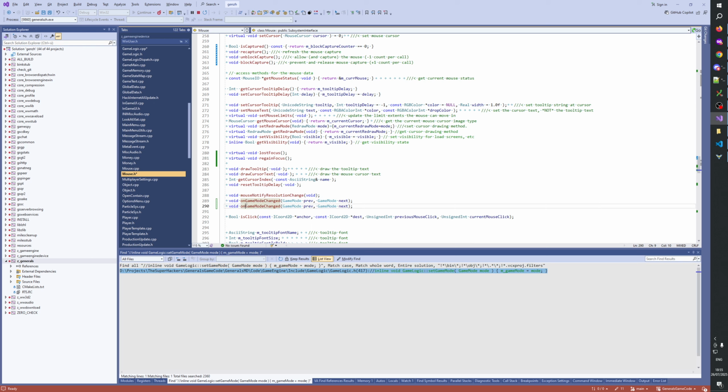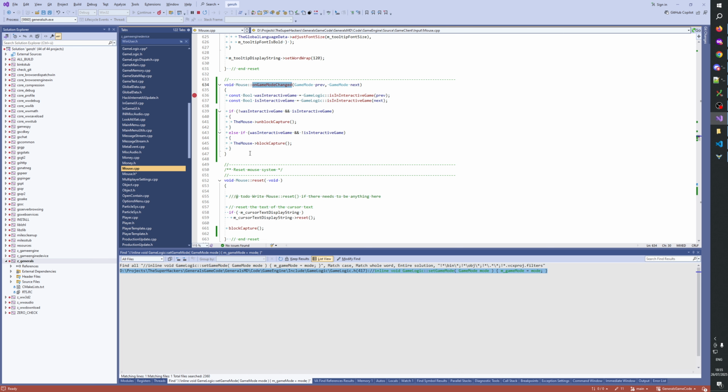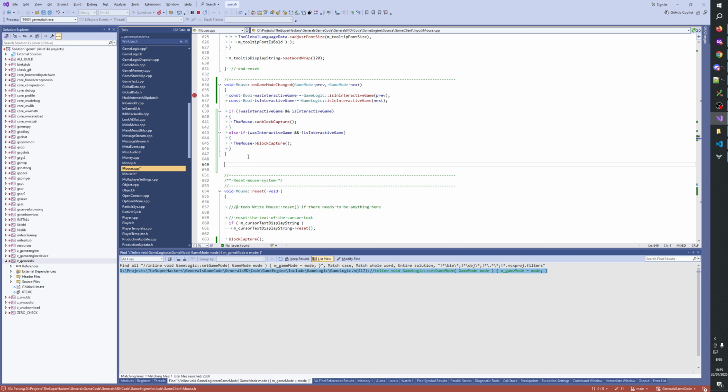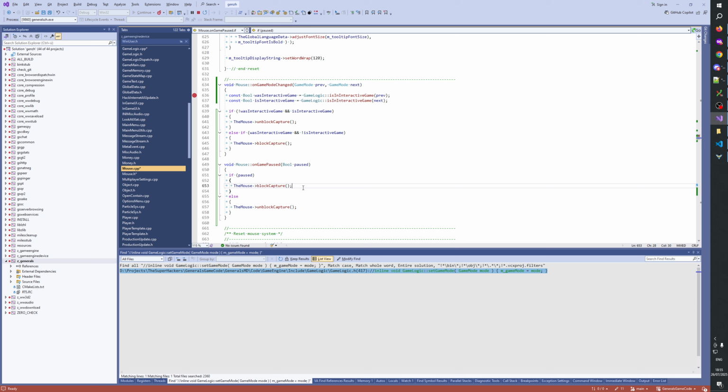We add a new function on game paused, bool paused. Then we do void mouse on game paused, bool paused. If paused, block capture, on block capture.